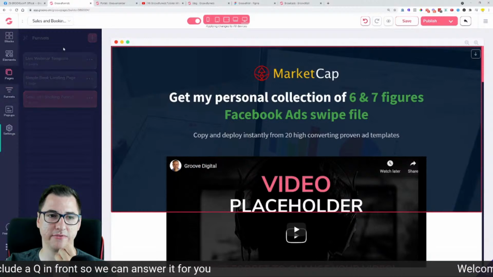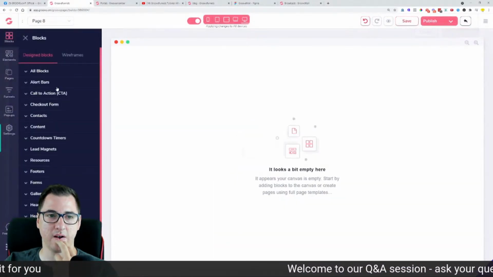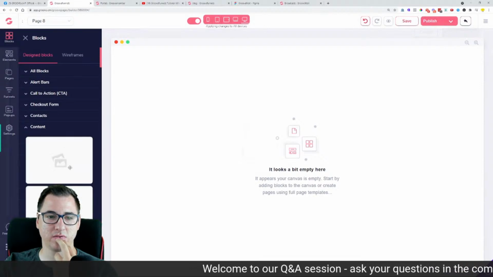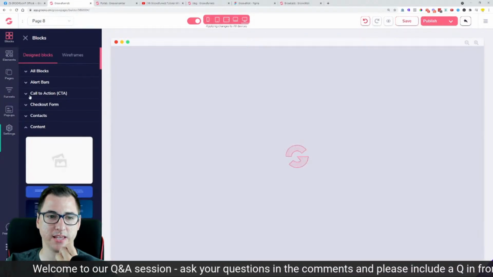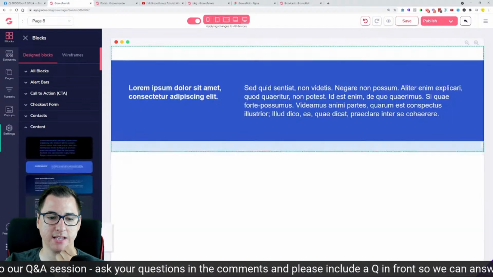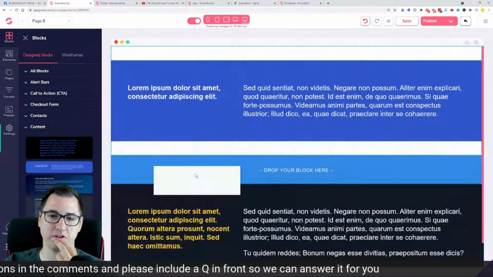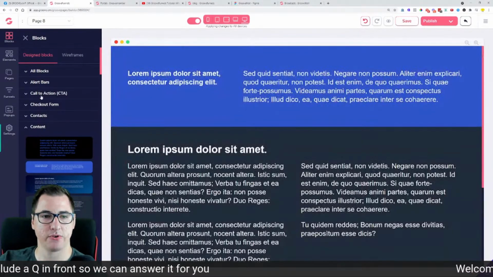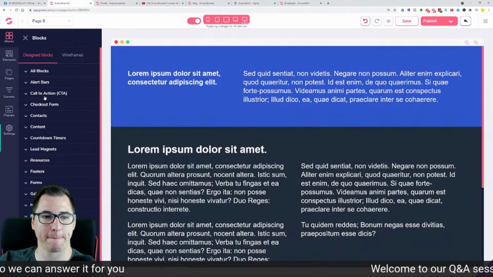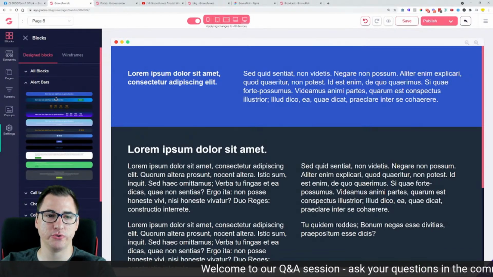It's easier if I show you on an empty page. So I'm going to put in a content block, this blue one, and let's add in this black one, and let's add in this gray one. And now we're going to take an alert bar because it's smaller, it's visible, and we're going to use this one for the demo.